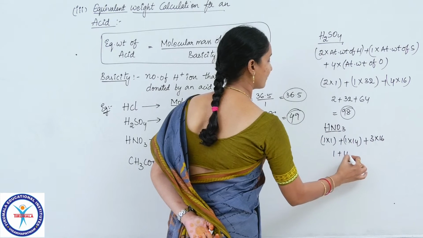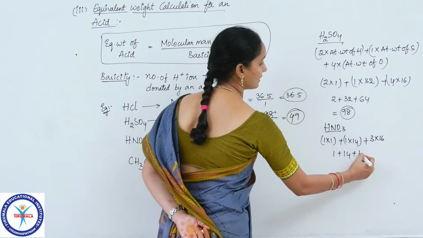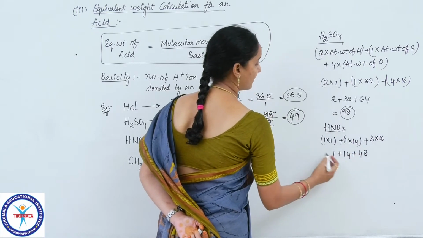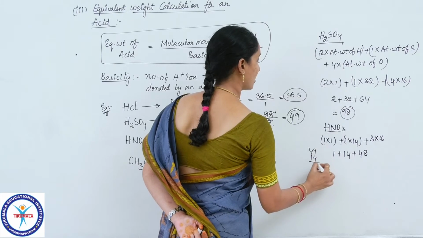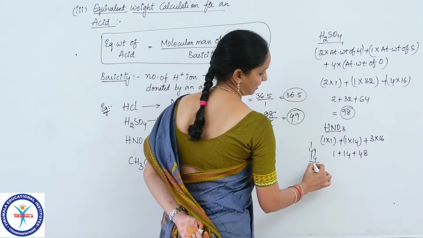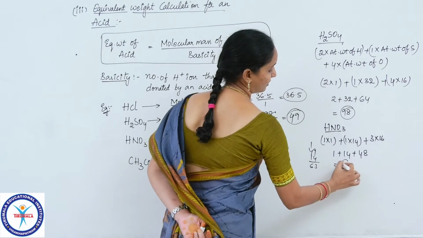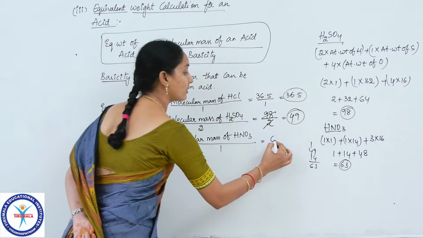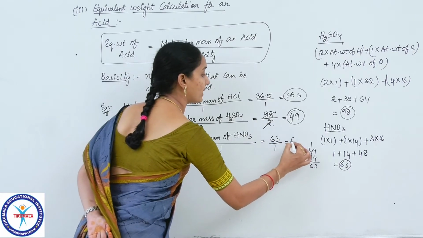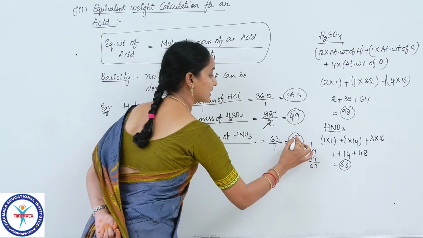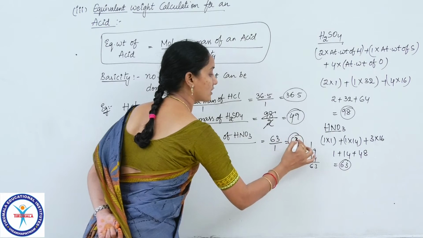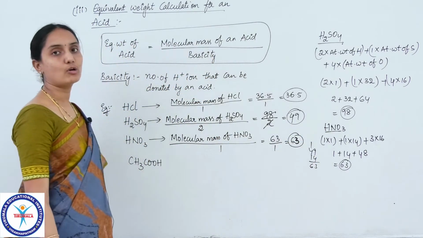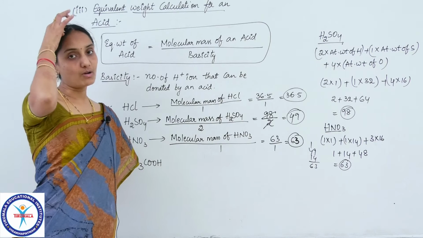So 1 plus 14 plus 48, that is 63, children. So what is the molar mass of HNO3? 63. Now you have to divide 63 by 1, so the equivalent weight is again 63. For HNO3 also, the molar mass and equivalent weight are the same,